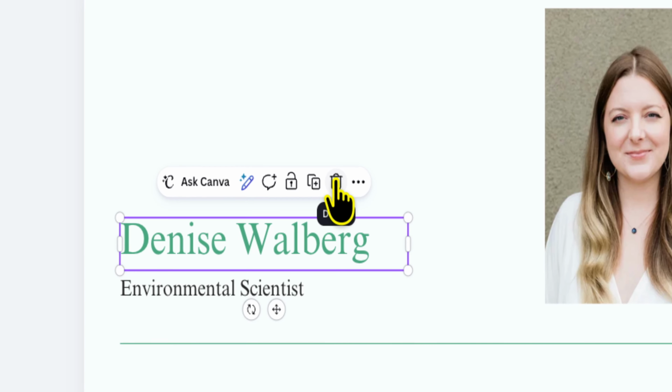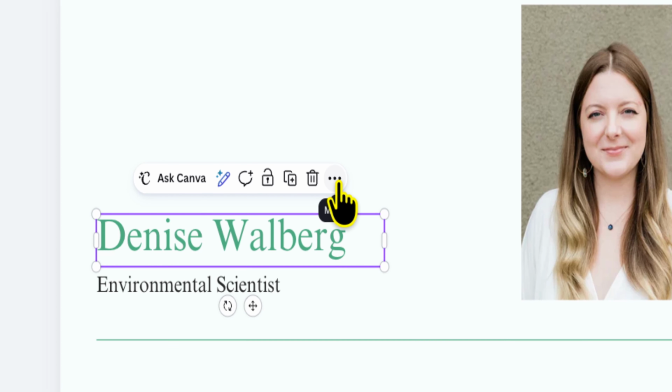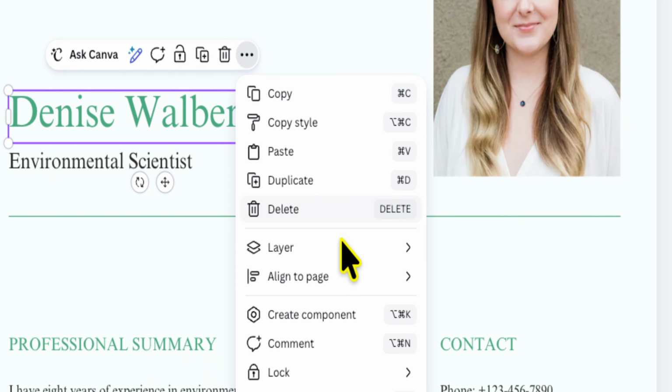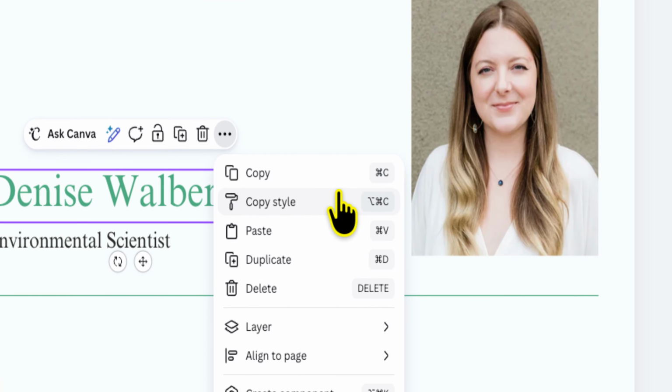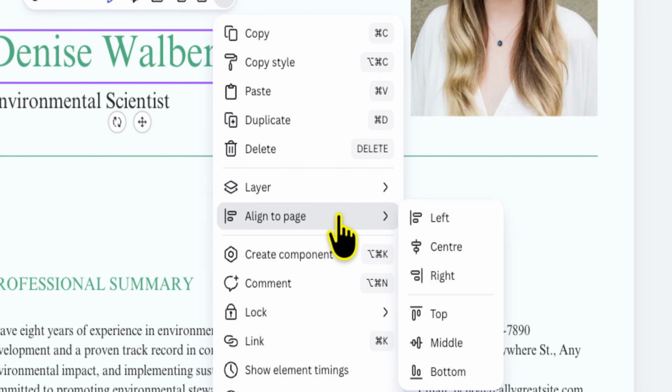And if you'd like to remove something, you can simply click the delete icon, and there are three horizontal dots denoting more options where you will be able to do more, such as copying the style, pasting, duplicating, layering, aligning